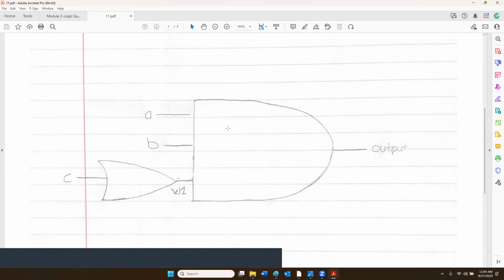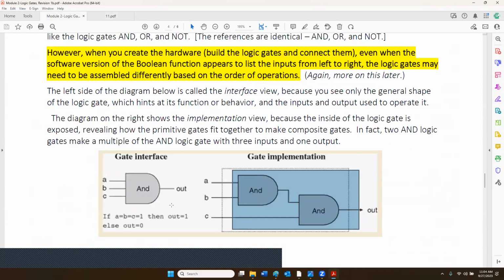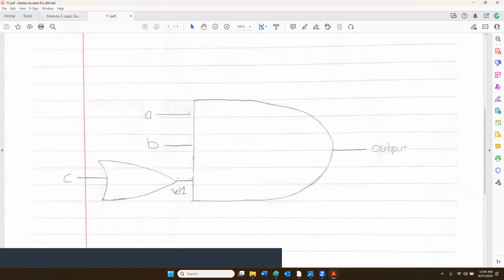So this is another input view. This is an input view of a 3-input AND. It's like this right here. So we have an AND with A, B, and C, and that implies that there are 2 ANDs in series. So this is another case of the same kind of thing. We're seeing the input view, and we're seeing this for the first time in that manner, right? So we have A, B, and C, but we have the